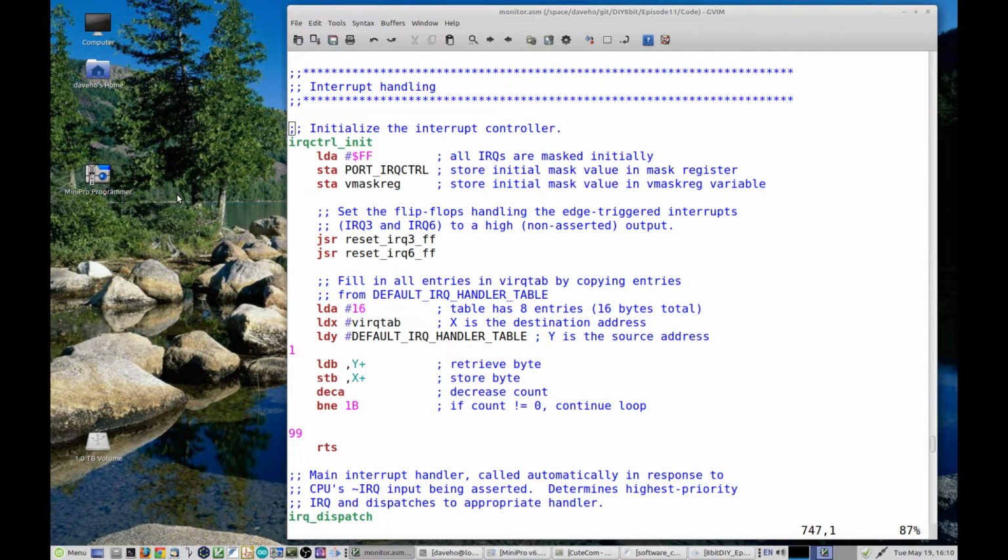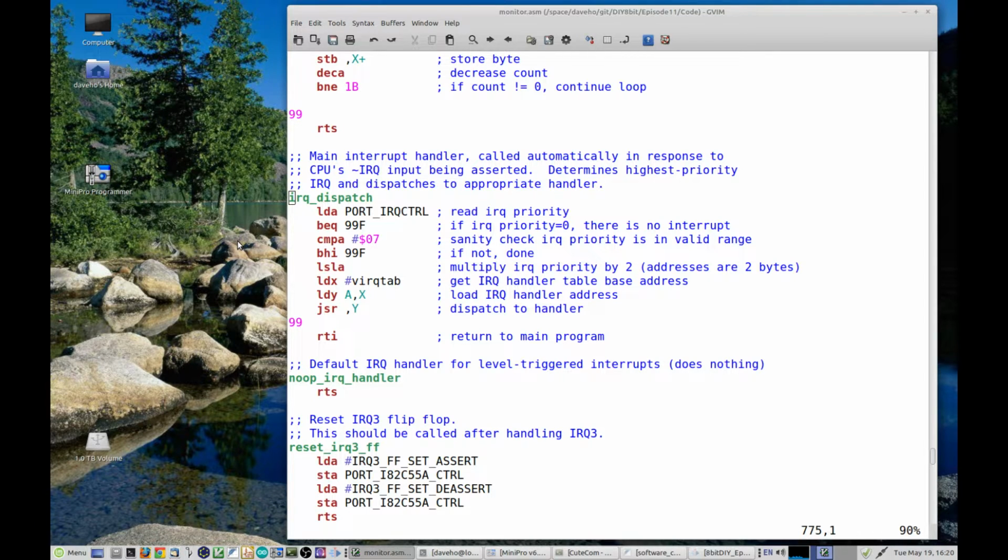IRQ CTRL init also copies the default handler functions for each of the 7 external interrupts into a table called VIRQ tab located in RAM. By changing the entries in this table, we can install custom handler routines for any of the 7 supported external interrupts. The IRQ dispatch routine is the main IRQ handler routine called automatically by the CPU when its IRQ input